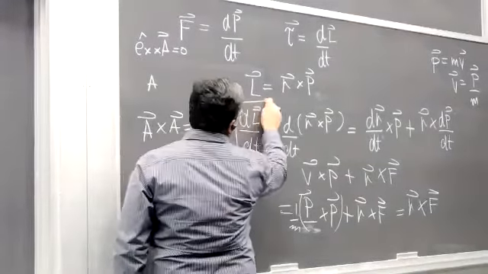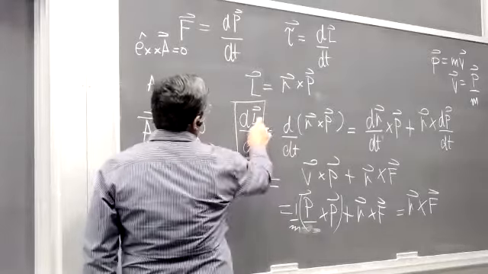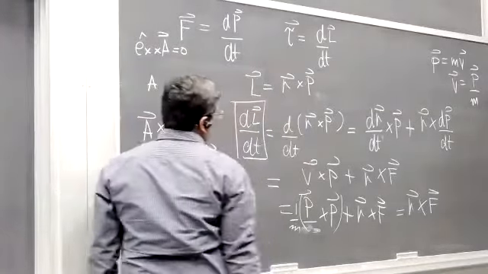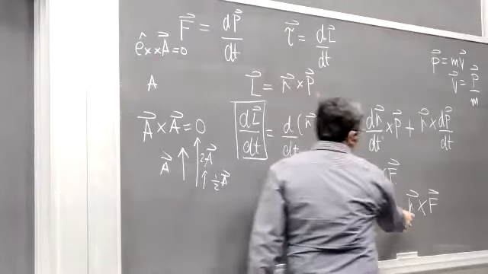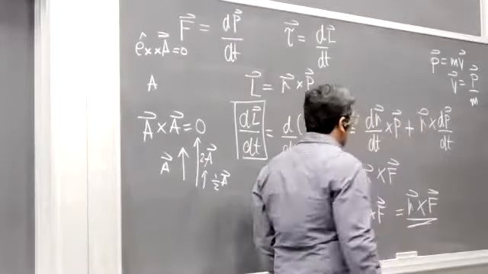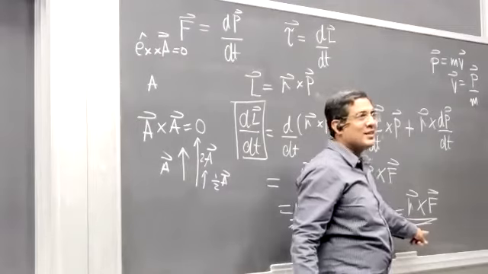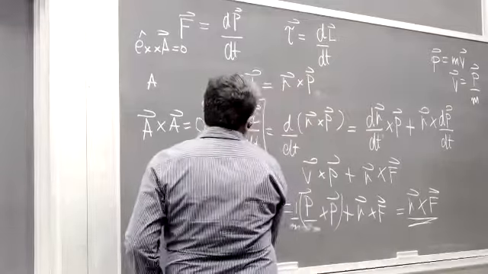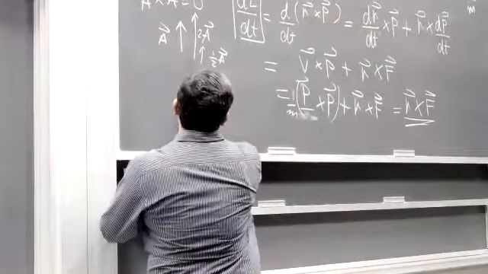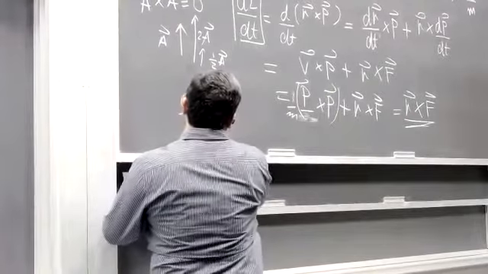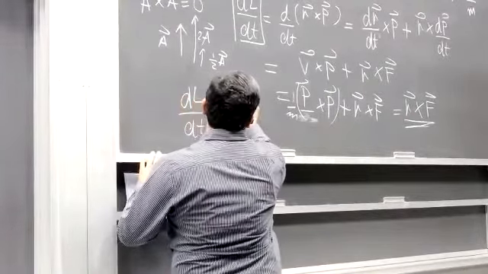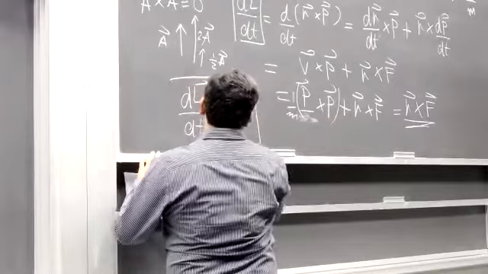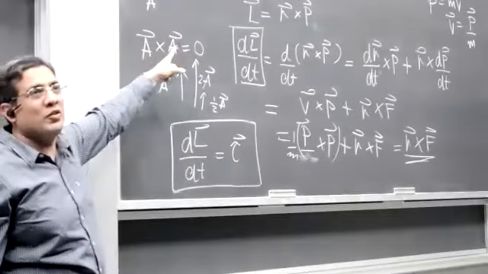So remember what we started with. We started with the time derivative of this new quantity that we defined as L cross P. It turns out equal to what? R cross F. Isn't that our definition of the torque? So what did we learn then? That dL over dt is equal to torque, in the same spirit as dp over dt is equal to force.